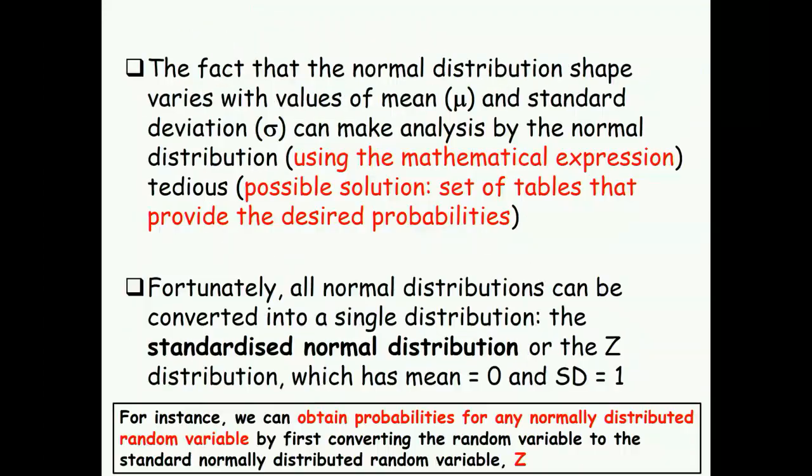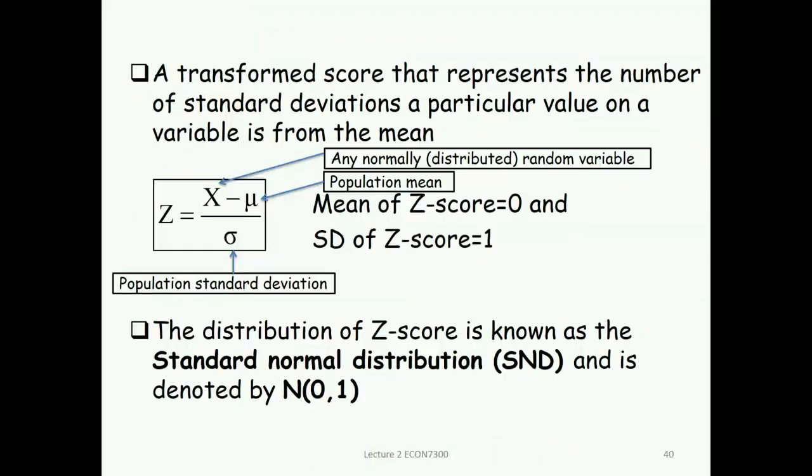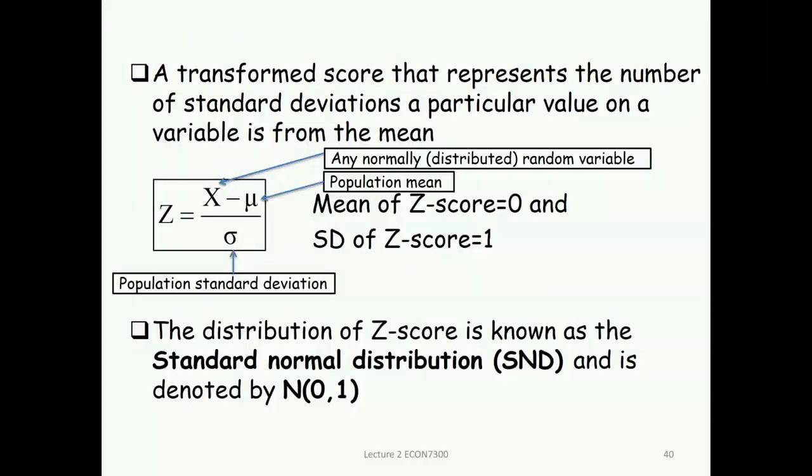We have this formula. Now it is easy. Life is easy because we have this one. So let's start. For 7.75, it is 7.75 minus 7 divided by 1.1. The other one, 8.25, means 8.25 minus 7 divided by 1.1. What am I doing now? I am converting to z values. I am calculating z, because this is the z formula, I want to find z. Once I find z, I go to the table and pick the probability.